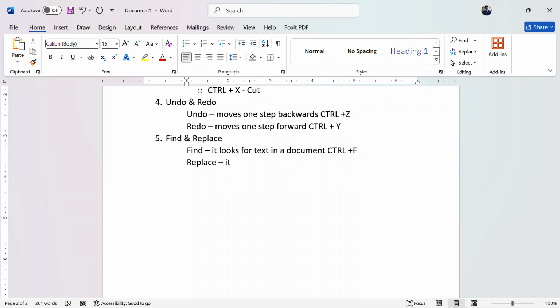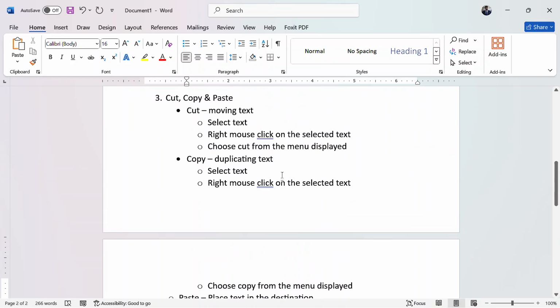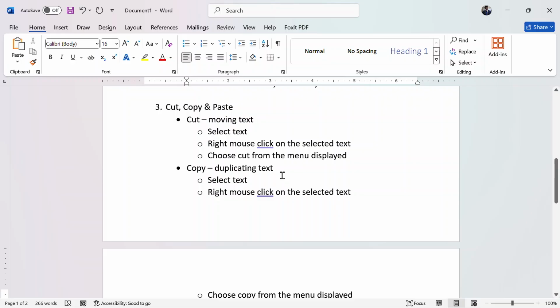Then replace substitutes text with other text. That is to replace. For example, you can say, I want to replace the word click with the word tap in a document.